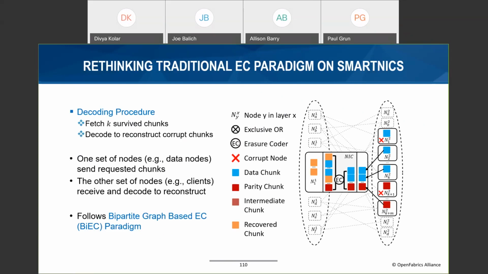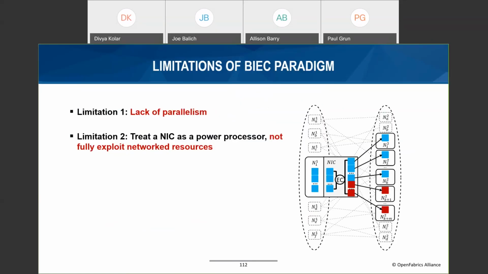Now the question is, what kind of limitations are there for this traditional bipartite graph-based EC paradigm, and what kind of challenges are there to improve it? The first limitation is that if we follow this kind of approach, the EC operation will lose a lot of opportunities to achieve better parallelism. As we can see from the encoding and decoding examples, EC calculation is only performed by one node or by one NIC, and the other involved nodes do not carry out any computations. They just wait on the parity chunk or data chunk. So the first limitation of BiEC is lack of